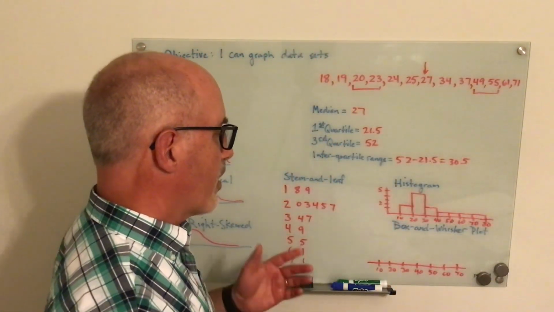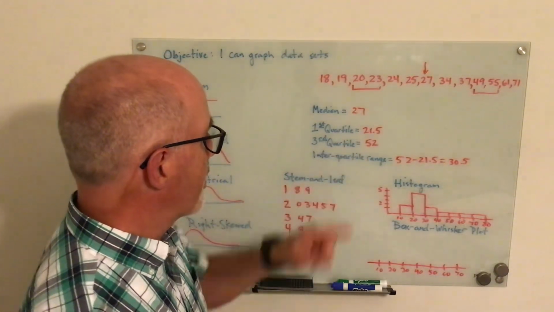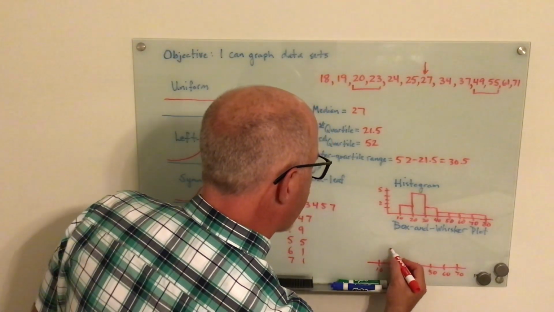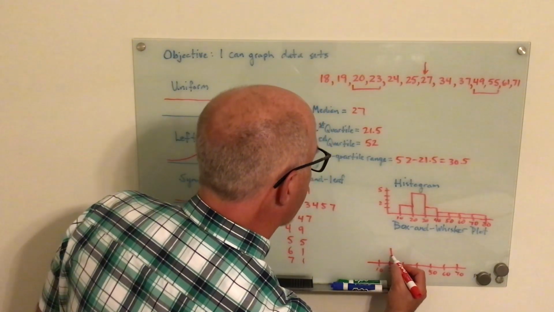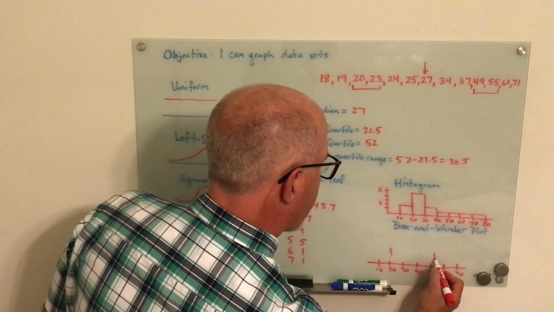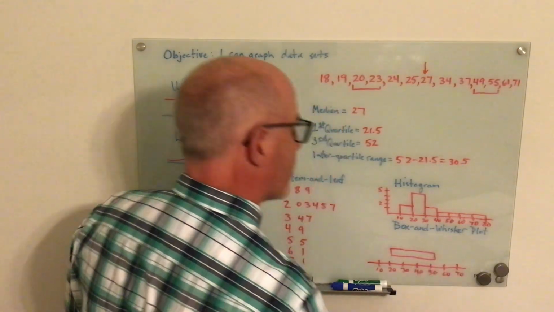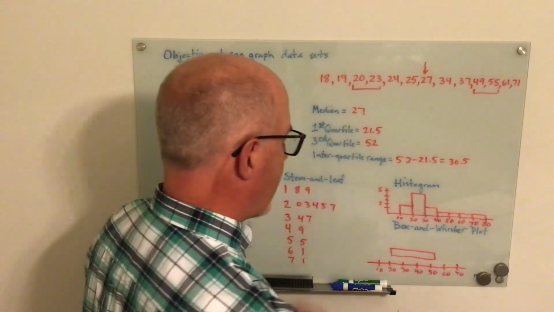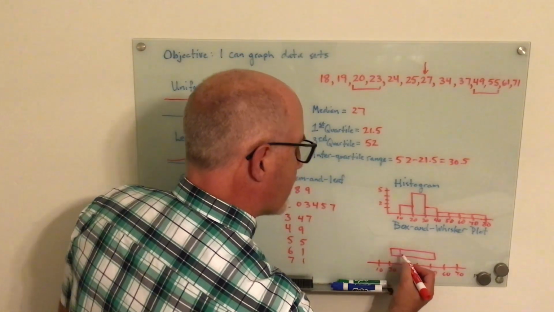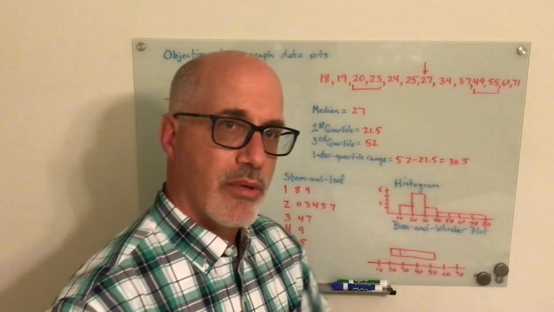All right, and so what we're going to list is the box goes from the first quartile to the third quartile. So 21.5 is right about here. Create this edge of the box. And then the other one goes all the way up here. So it's a pretty big interquartile range there to form that box. The median goes right here. Notice that median is way over to this side because we have a lot of data pulling out to the